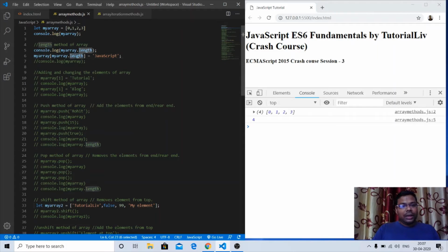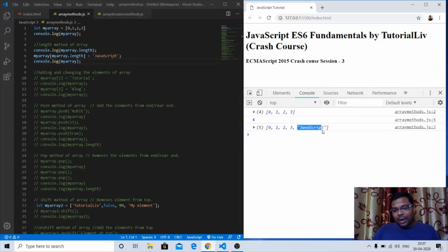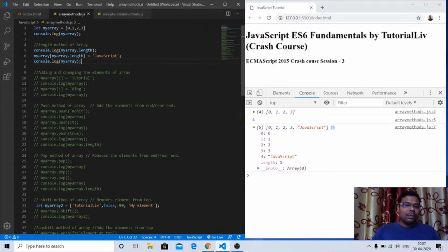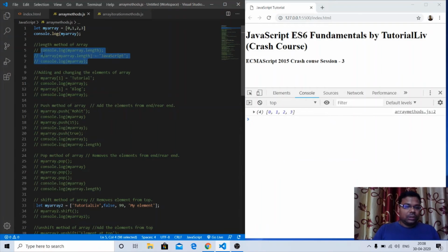So on the 4th index or on the 5th place, we are adding JavaScript. So you can see if I add like this, now we have elements like this. We have added JavaScript on the 5th position, 1, 2, 3, 4 and 5th, or on the 4th index, 0, 1, 2, 3, on the 4th index. You can see on the 4th index we have JavaScript added here. So this is one way to add some elements to the array if I want to add at the end of the array, but this is not the recommended way. We'll see what is the recommended way by array to add elements.